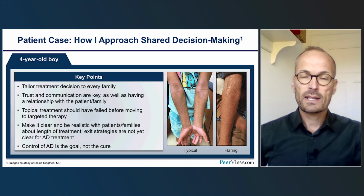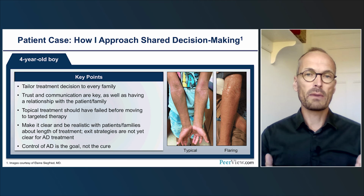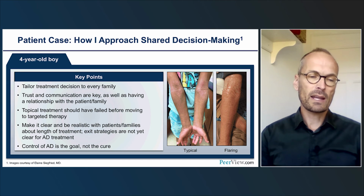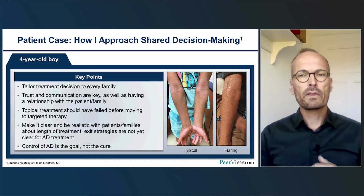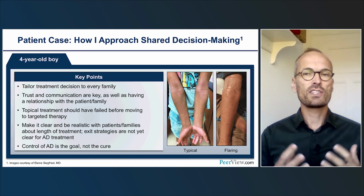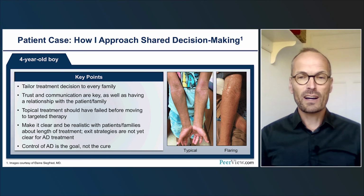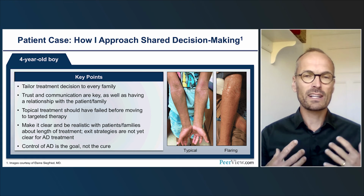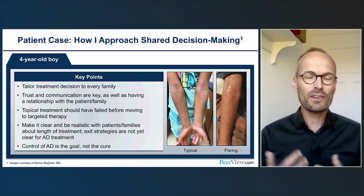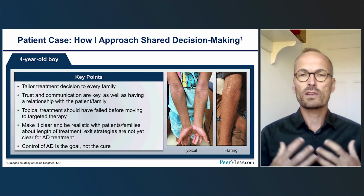But I think that's the hard thing also, how to make an exit strategy for these issues. And basically, and perhaps that's a bit out of context here, but I think it's important to bring up. Overall, there is no discussion yet on exit strategies in atopic dermatitis treatment. And when you speak to colleagues, there are many different approaches, but this is something that patients are interested in. So I think as a clinician, you should start thinking about it, reflecting, so you have an answer that you can share with your patient. And of course, this is based on your approach and your knowledge and experience and what you think is the